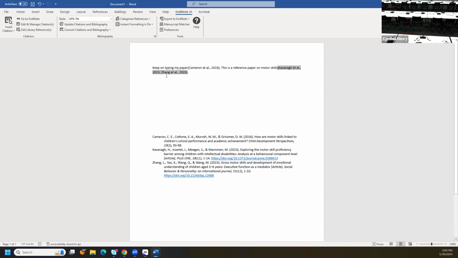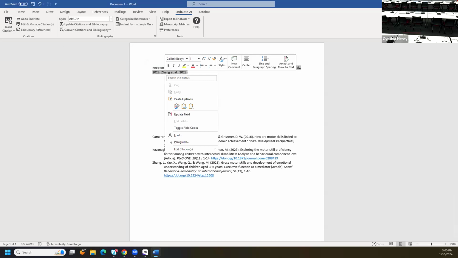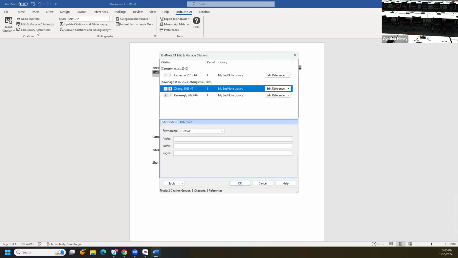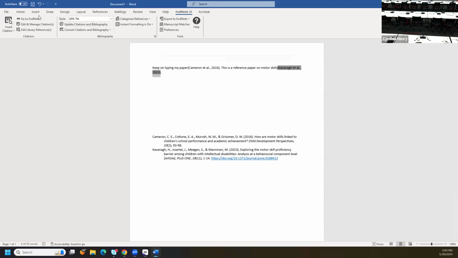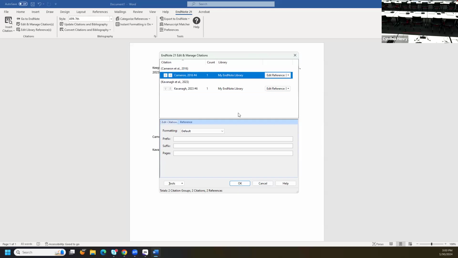If I needed that to be out of there, I'd have to actually edit that citation and say, oh, I don't really need Zhang here, so remove this citation and say, okay, and there it is. So let's go over that again. If I ever think I need to edit something, I just highlight the one I need to edit, use the edit and manage citations, and then